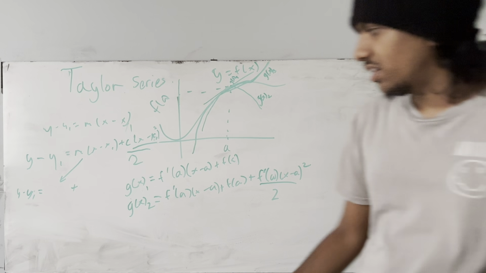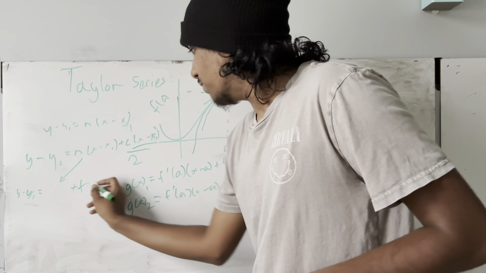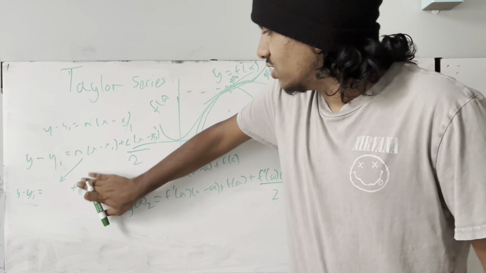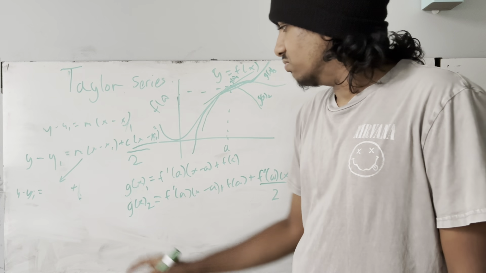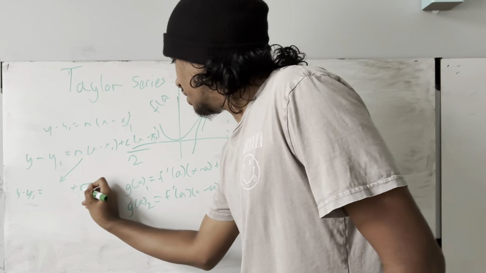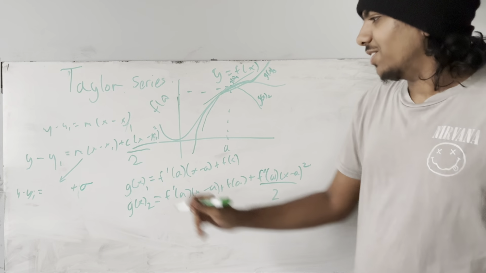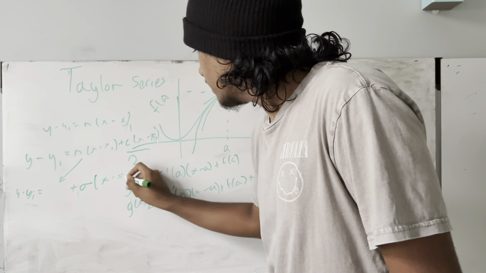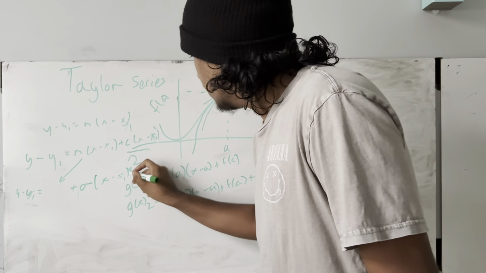So let's just call it t for third derivative. I don't know, probably a bad idea to choose t. Let's choose sigma, because I'm so sigma. Okay, I don't know. And then we're gonna do the same thing, x minus x1 cubed,